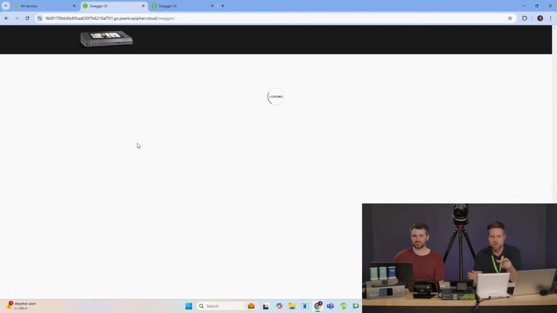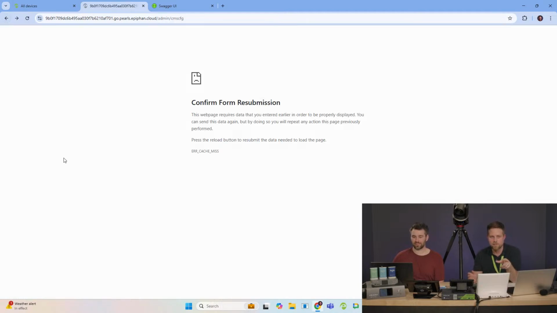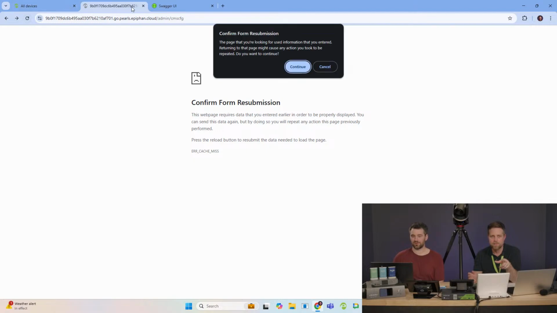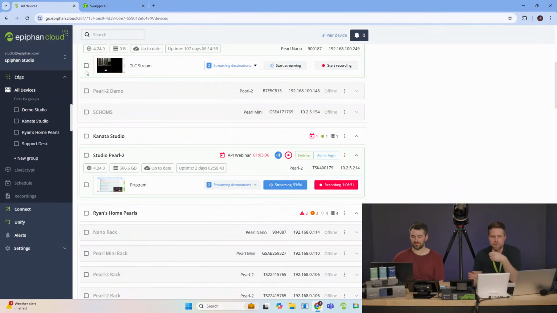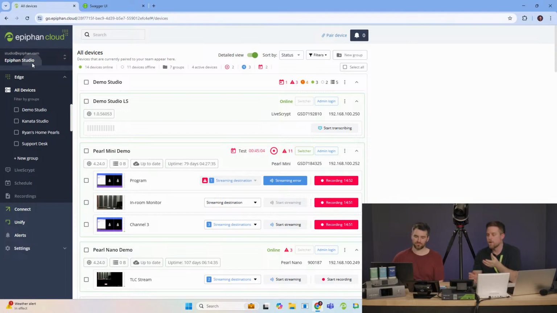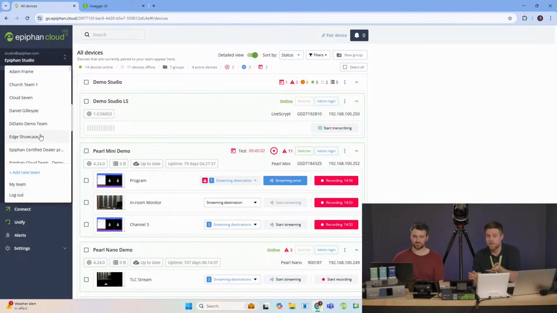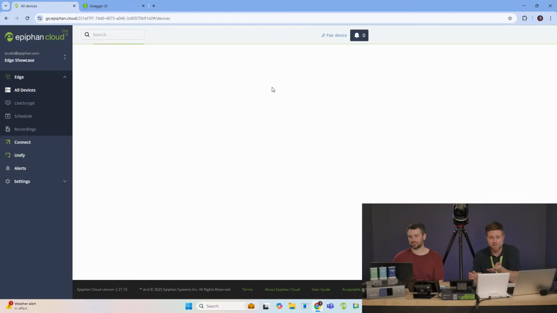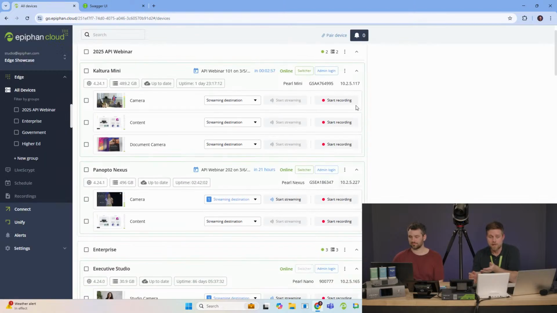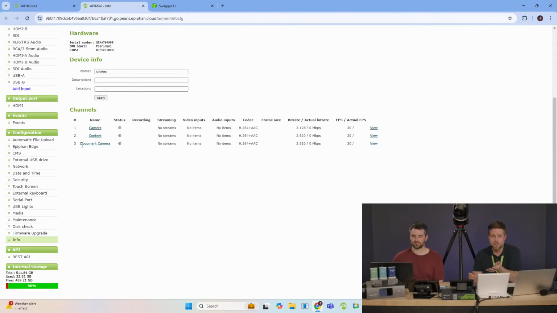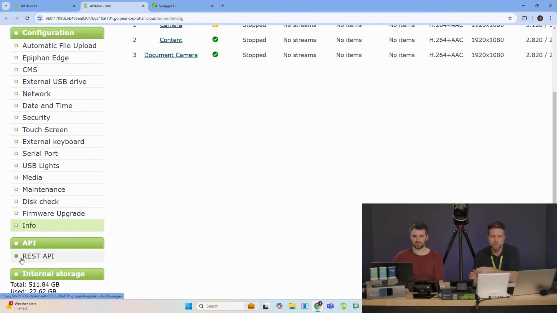Zoom in a bit to show folks where that is. Oh, yeah, sure. Because I know some folks are going to want to see that. I need to go back to start the tunnel again. No, that's okay. So the REST API is going to be living directly in your Pearl admin, so you can access it locally without needing to have any connectivity. You can see all the commands. This is going to really streamline your workflow when you're developing for Pearl.